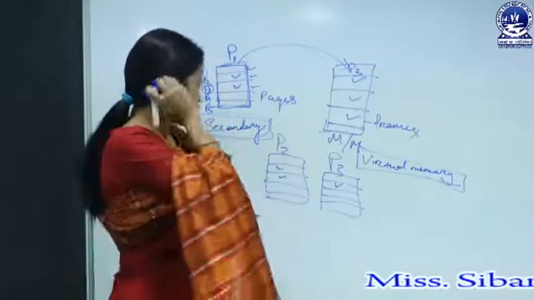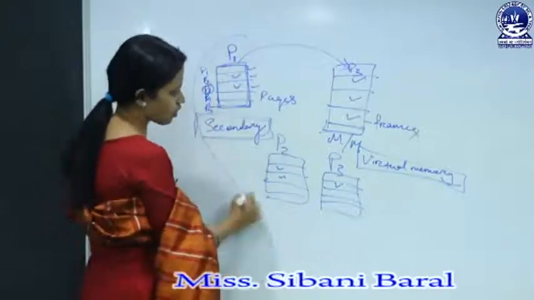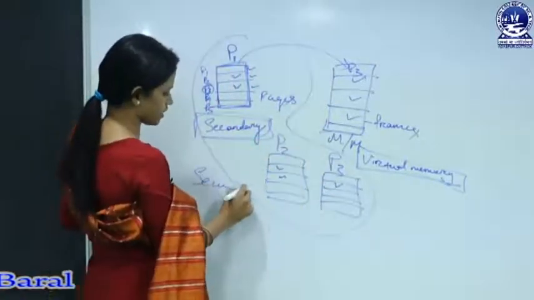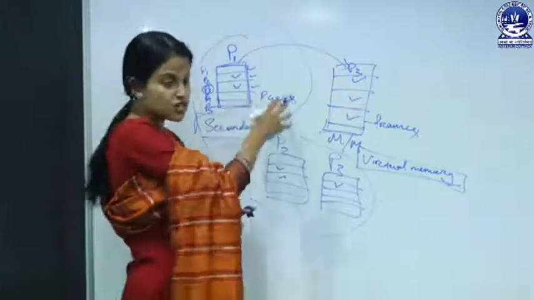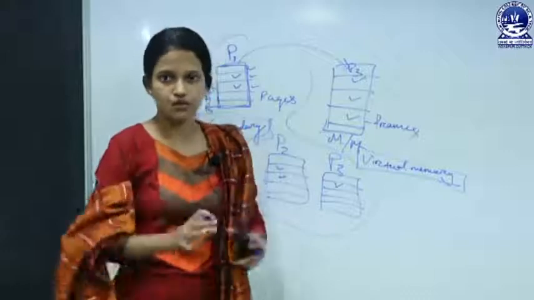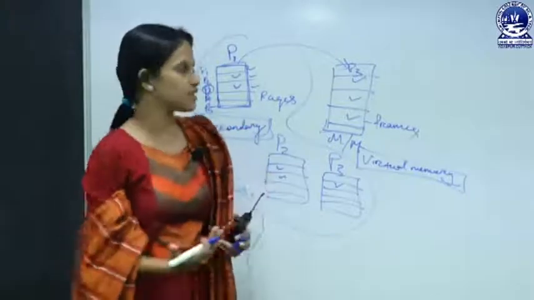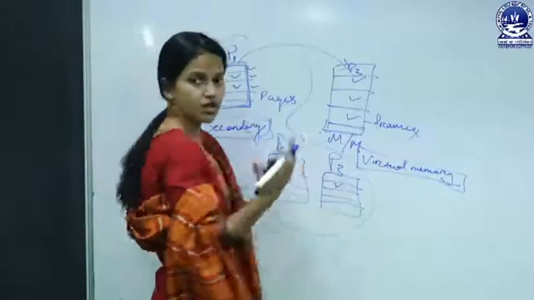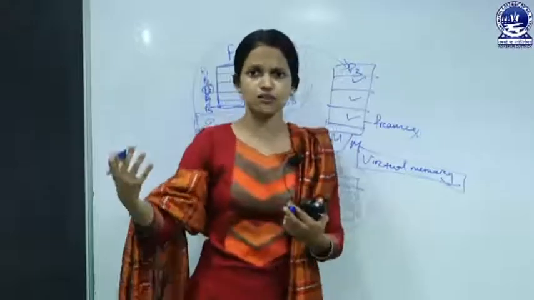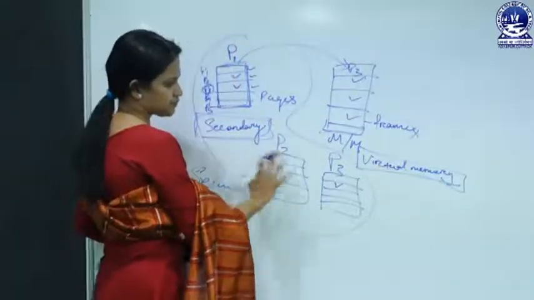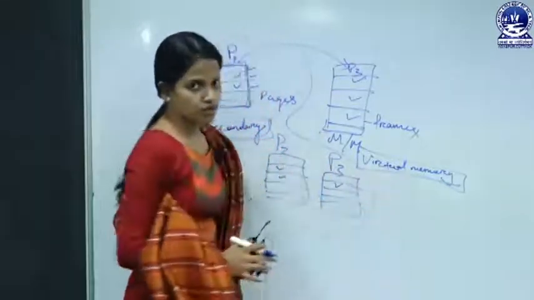Okay, so all the parts of this process reside in secondary memory actually, and some parts of these processes are going into main memory for execution, not all the processes. But it seems like the main memory is running all the processes, like P1, P2, P3, P4 and all the processes that are coming and coming. So this is the funda of virtual memory.